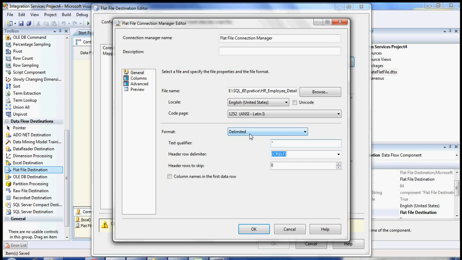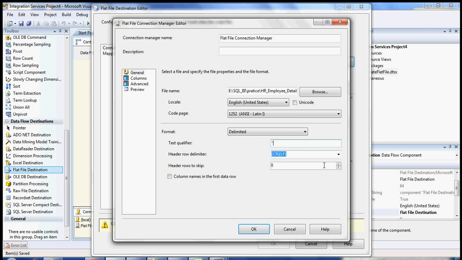So this text qualifier will keep your column intact, whatever information is in it. Whatever comes in between the two double quotes is a complete column, whether there are commas or not. So two double inverted commas will give you a single column.